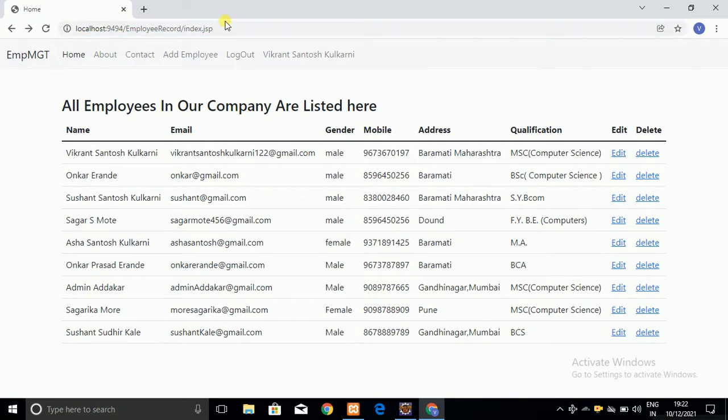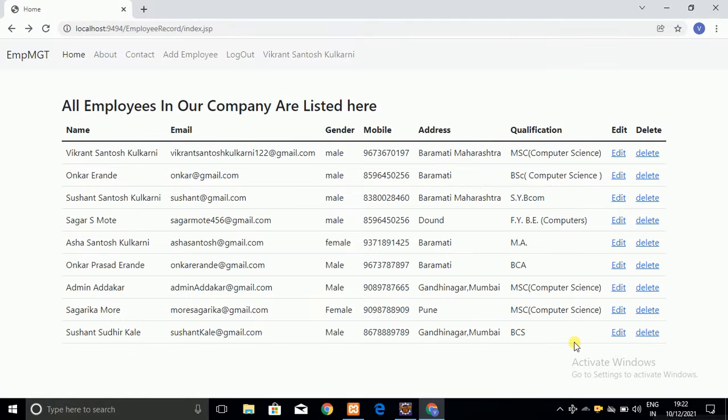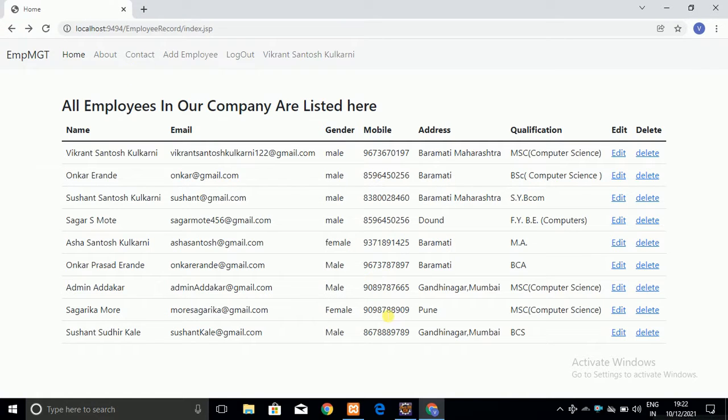As soon as I click on edit, you can see that the employee id I got from the index.jsp page, that is from the home page, of that particular employee. Similarly, when I do it with another employee, we get that particular employee id in front of you.